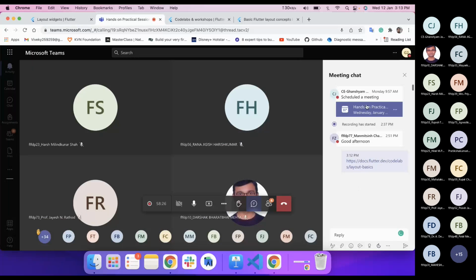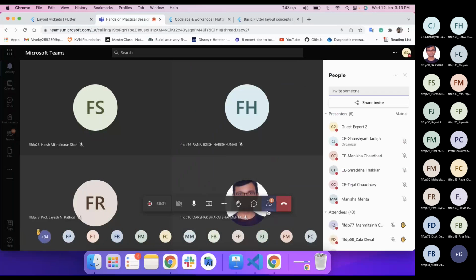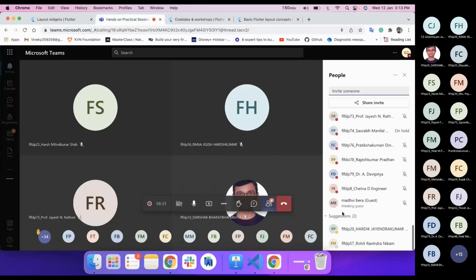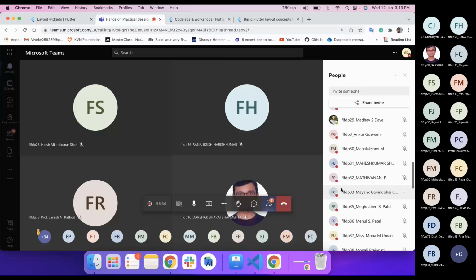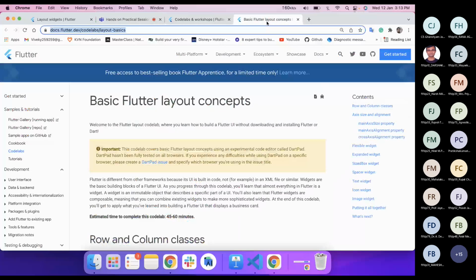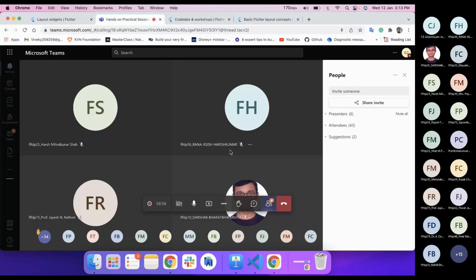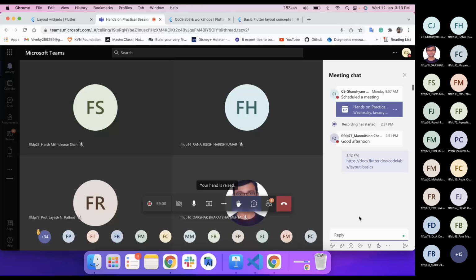Can we do this code lab, everyone? Because that is the homework given by Drumil to all of you, and we want every one of you to complete this code lab and present it tomorrow morning to Drumil. Sure. Okay, great. I have already shared that in the chat. Here you can find its link, and please complete it by tomorrow.